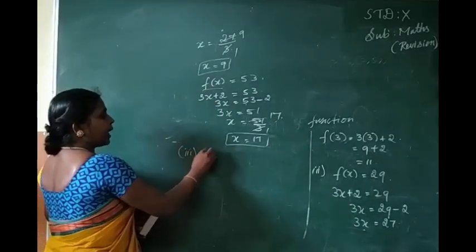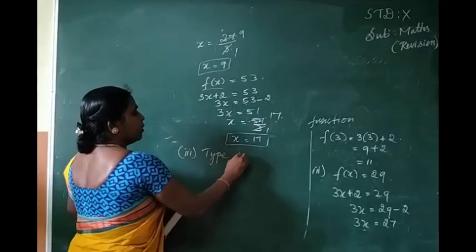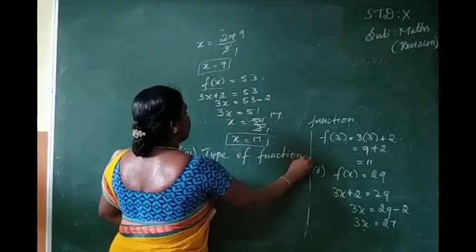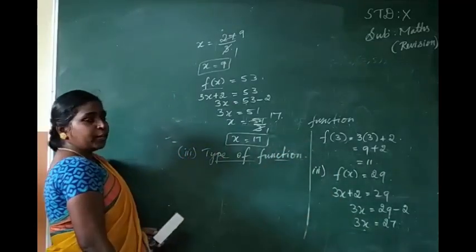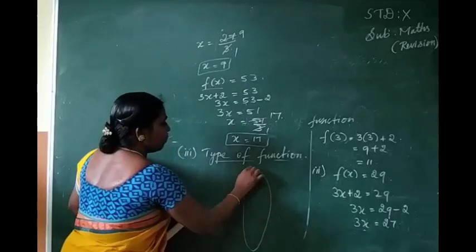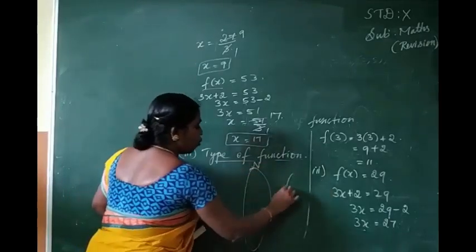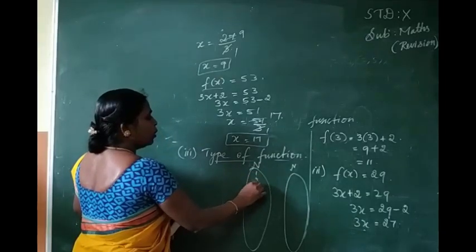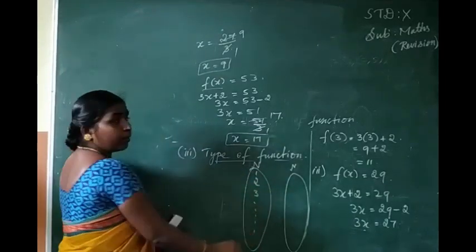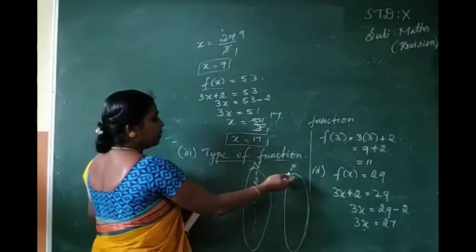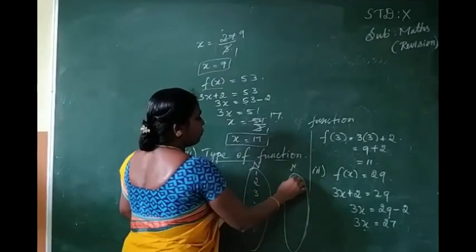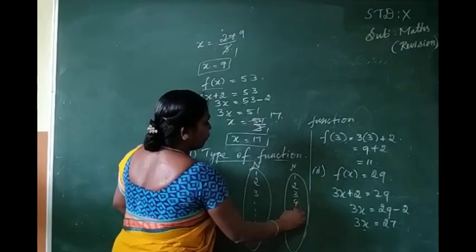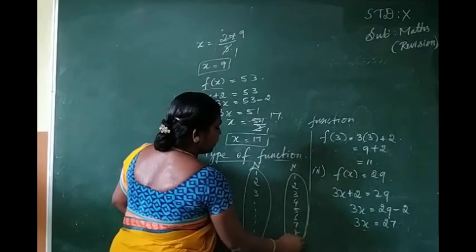Next you want to find the type of function. The third subdivision is the type of function. Okay, listen. f from N to N is given. So the domain is natural numbers, so the codomain is also natural numbers. Natural numbers starting from 1, 2, 3, etc. In the codomain also you mention 1, 2, 3, 4, 5, 6, 7, 8, etc.